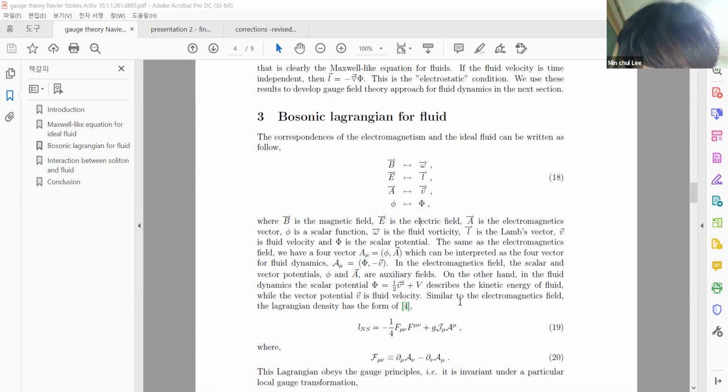Sorry, I am not really able to convey the thoughts I have, but the theory exists. If the theory exists, if the theory is constructed, then the solution of the Navier-Stokes equation is shown to exist. That's what we are trying to do. Okay, so it's a statement: if you have a Lagrangian that's invariant under some given transformations, that is what it means for a gauge theory to exist.